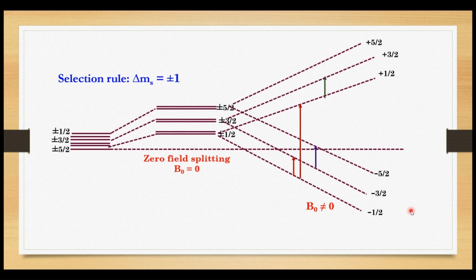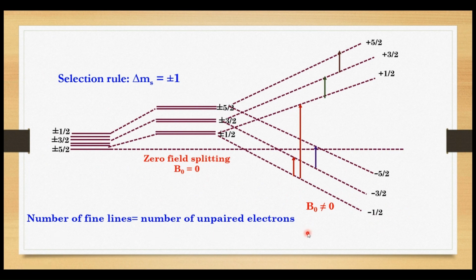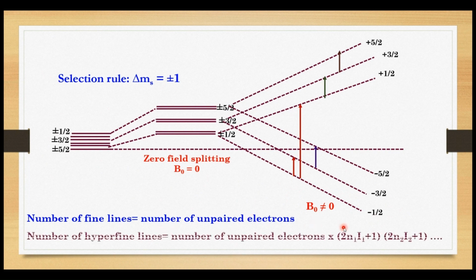Next, plus 1 by 2 plus 1 is plus 3 by 2. Plus 3 by 2 plus 1 is plus 5 by 2. So overall we are getting 5 lines. Here we consider that we have 5 unpaired electrons, and that will give 5 signals. So the number of fine lines will be the number of unpaired electrons, and the number of hyperfine lines will be the number of unpaired